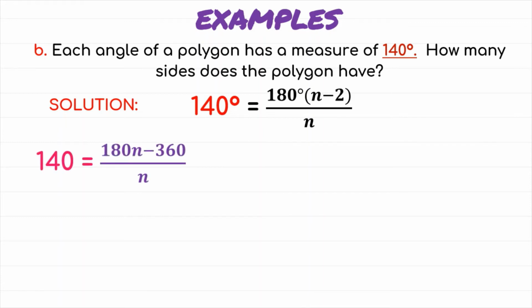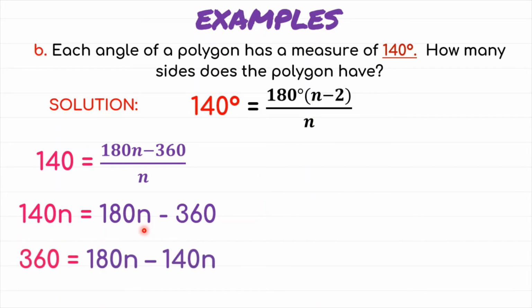So, magiging 180 times n, that is 180n, then 180 times negative 2, negative 360. And then, i-multiply natin yung n sa 140, so ganun din. And then, cancelled na to, wala na. So, kokopyahin mo na lang siya. And then, yung 140n, ililipat natin sa kabila. And then, yung 360, lipat sa kabila. So, nagpalit lang silang dalawa. At nagpalit din ng